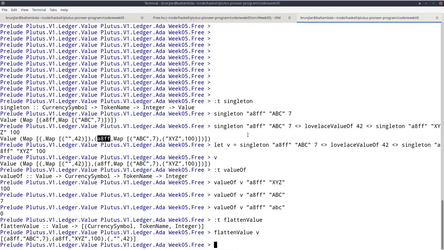So the rule is that in general, a transaction can't create or delete tokens. So everything that goes in also comes out. The exception is the fees. So there's always a fee in Loveless that has to be paid for each transaction.